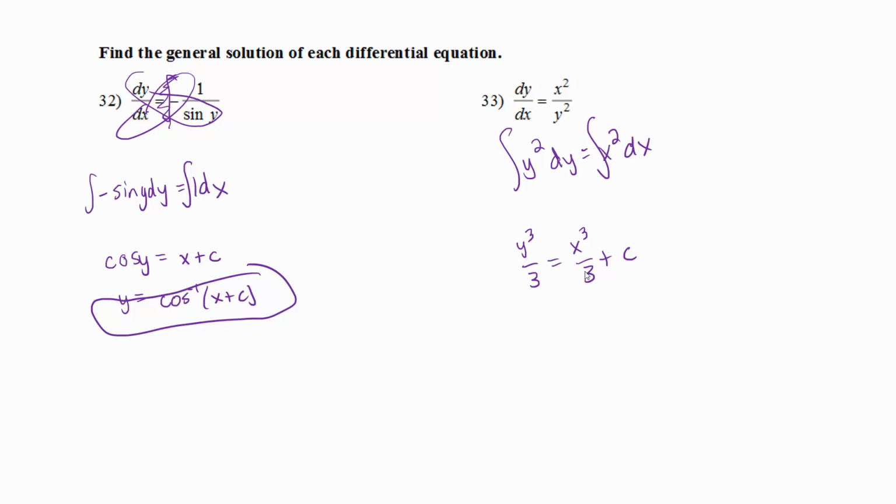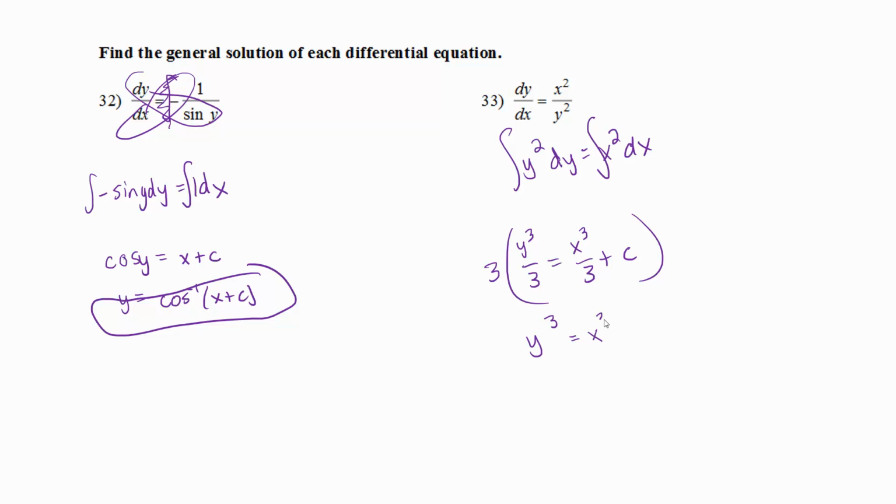And in case you're wondering, why did we put it on that side and not the other side? It doesn't matter which side you put it on. You're allowed to put it on either side, but since we're solving for y, it makes it easier if we put it on the right side. We're going to times both sides by 3 to get rid of the 3's on the bottom. And then we are going to cancel the 3's. So this is y cubed